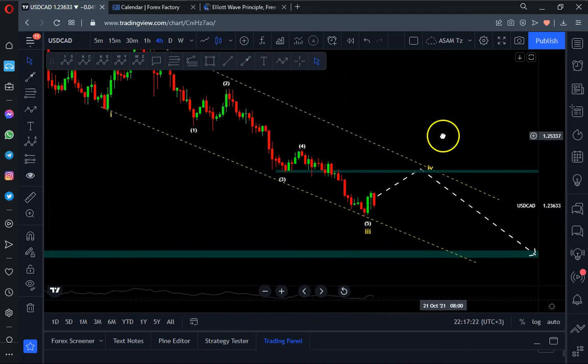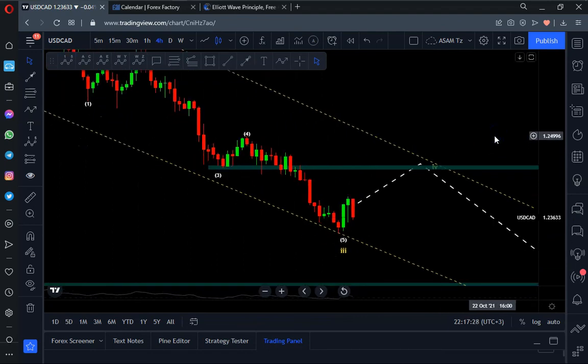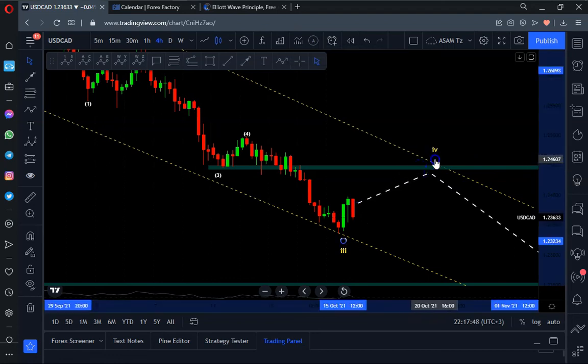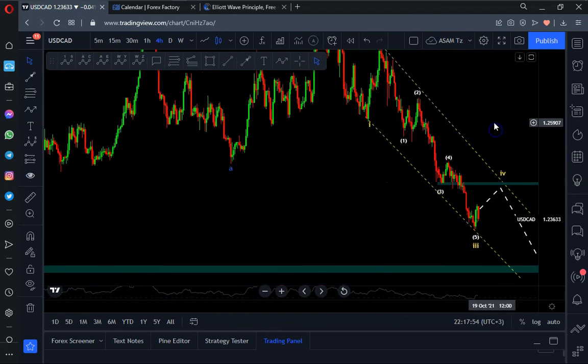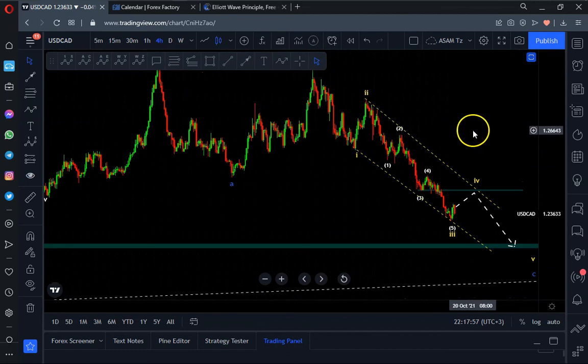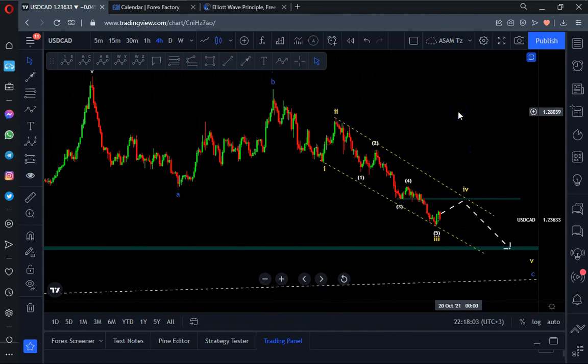Sometimes if the fourth wave is a sideways movement that has got extension in terms of time, it may take several days moving sideways. For example, if it takes the form of a triangle, it always takes too long to get completed. But if it takes a simple structure like a zigzag, it may get completed in 2 or maximum 3 days. So that's what to expect in 4 hours, and that's the overall direction for USDCAD for the coming week.